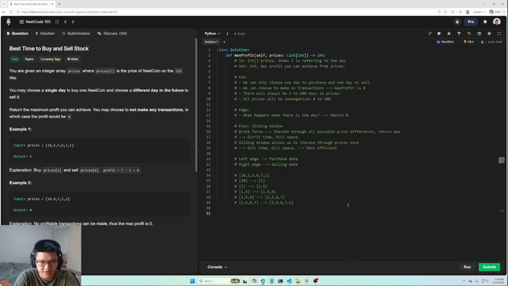So let's get started with the coding. Let's make our variables: max profit is 0, and left and right are both 0. Then we want to iterate through the loop. While right is less than length of prices, we want to check if